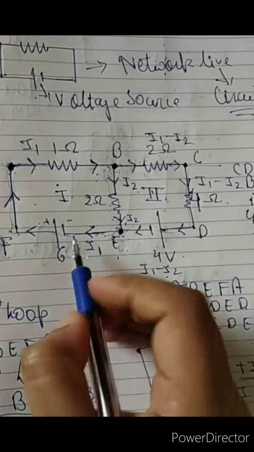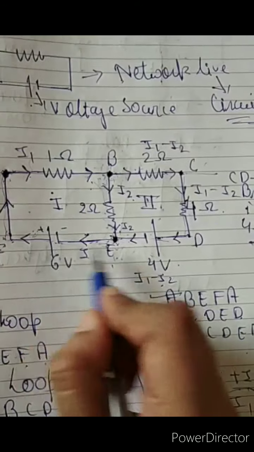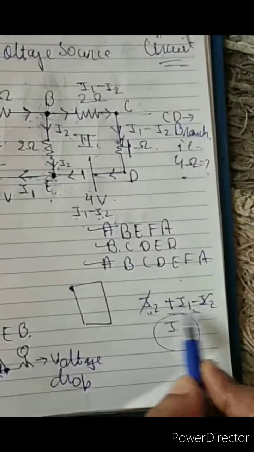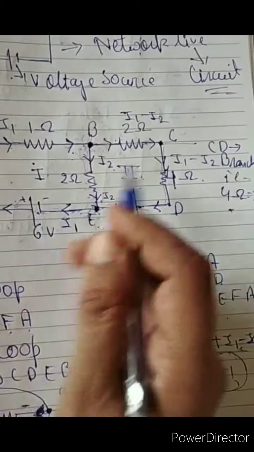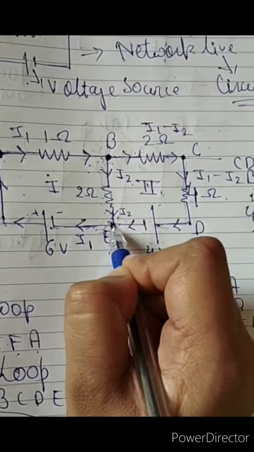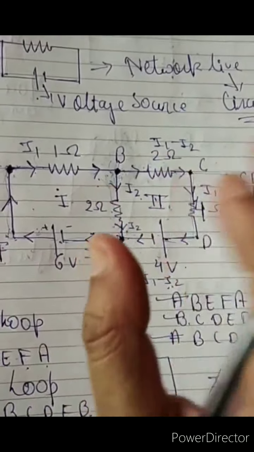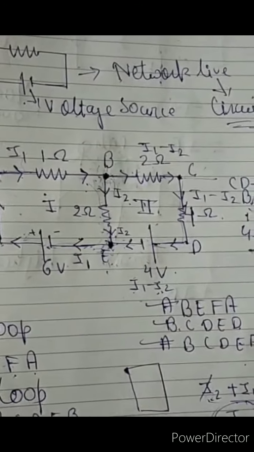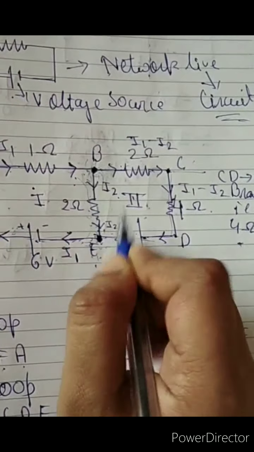Okay, so if you are standing at point E, you will see I1 is going out, and I2 and minus I2 are adding, and then only I1 is left, so I1 will go out. So whatever is at the junction E is a nodal point. Nodal point means no energy is stored, energy is conserved. It means no sink and no source. Okay, no current accumulates at the junction. At the junction, whatever comes in will go out.